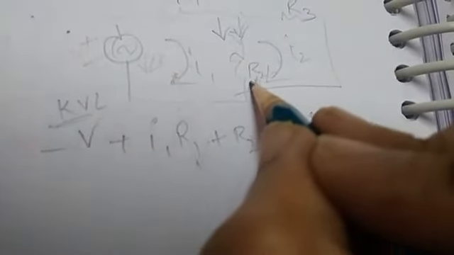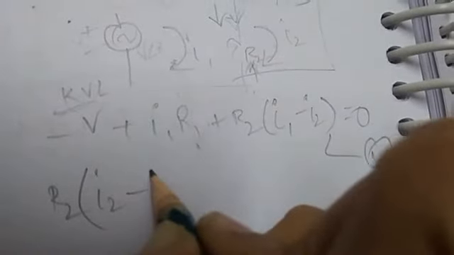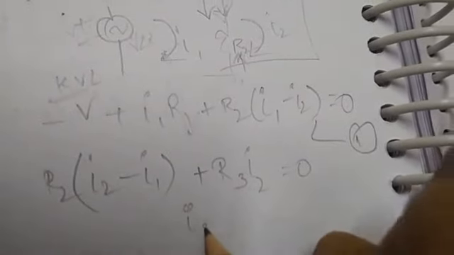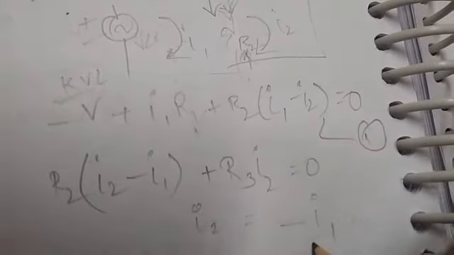Only one source is applicable. Again, if I go with the I2, now I2 current direction is from downstreams. So the final current of I2 in R2 is I2 minus of I1 plus I3. I2. So now I get the relation in terms of I2 and I1. So if I calculate these two, I will get the I1 and I2.